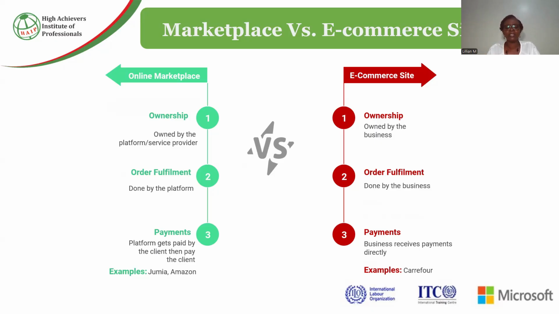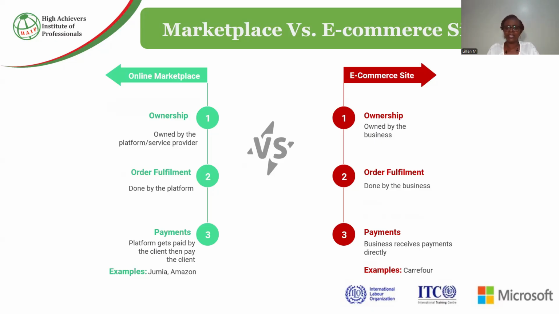Then when it comes to payment, in the online marketplace, you don't pay the vendor. You don't pay the person who is selling those shoes. You pay the money to Jumia. Jumia waits and confirms that the item was dispatched and delivered to the customer. Once they confirm that the customer received their product and has no complaint, that's when they pay the seller. However, going to Jumia, you will never get to know that shoe came from Lillian or that shoe came from Paris. You will just know, I went to Jumia, I bought a pair of shoes, Jumia delivered the shoe to me.